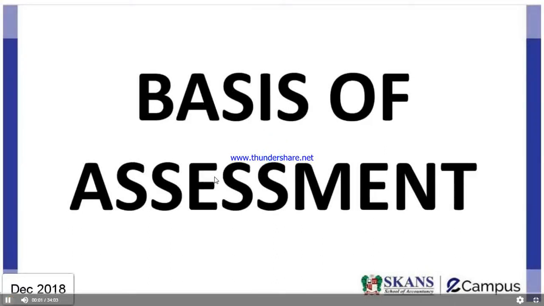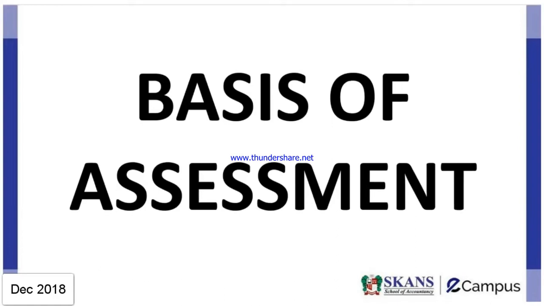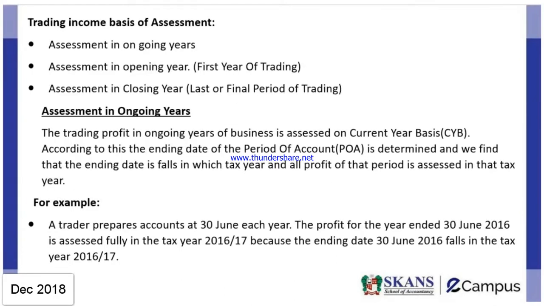Now the next topic is the basis of assessment. As I told you at the start of the lecture, in trading income's basis of assessment there are different types of basis of assessment in different scenarios, in different cases. One we discussed is called the current year basis, and this is the assessment of the tax adjusted trading profit in ongoing years. Okay, when the business is in continuity,